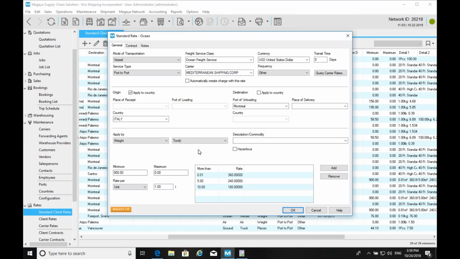This is something that we can make a quick stop on, because I don't think some of our customers know that they can do this. Basically, in Magaya, the rate can be per unit or per range, which means that either the rate is calculated per ton, for example, in this case, or a flat, fixed amount per range of those tons.